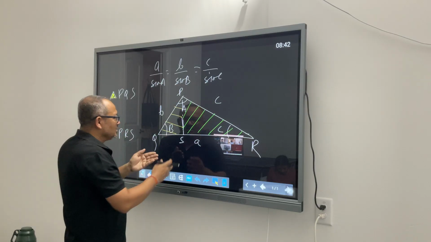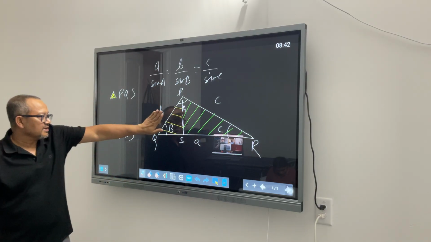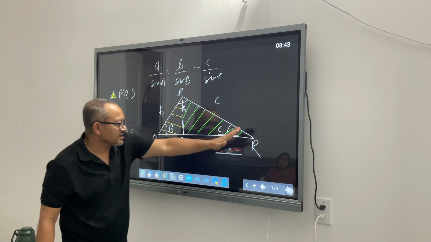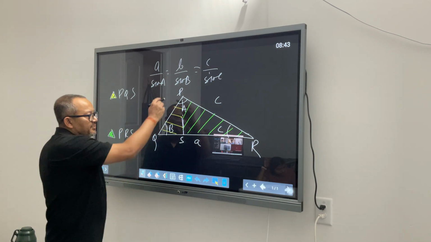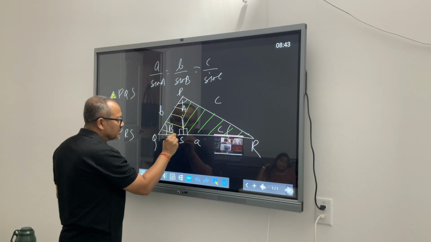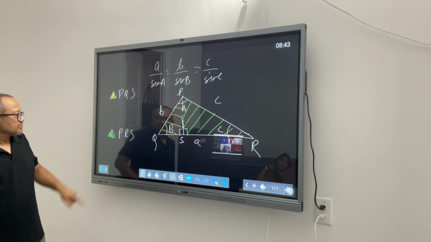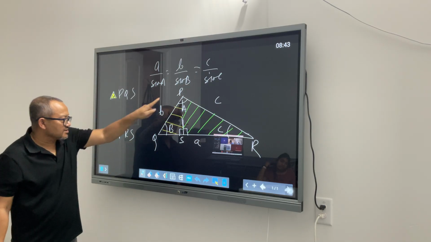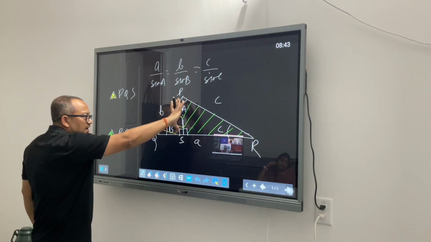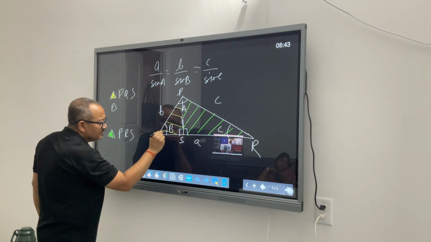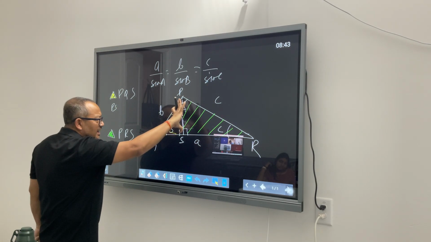So, I did nothing actually. I just took a triangle and a double perpendicular. This smaller triangle is PQS and this triangle is PRS. Since I have dropped a perpendicular, this one is 90 degrees, and this one is 90 degrees as well. So if I'm looking at the yellow triangle PQS, let's find out the length of this side, PS.